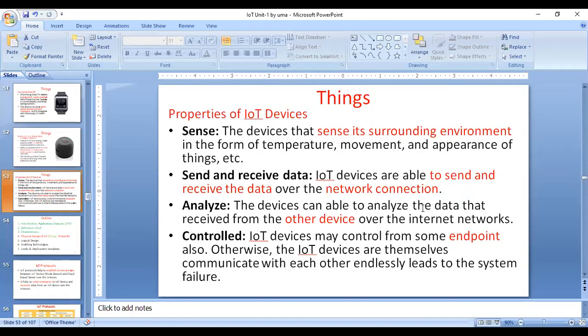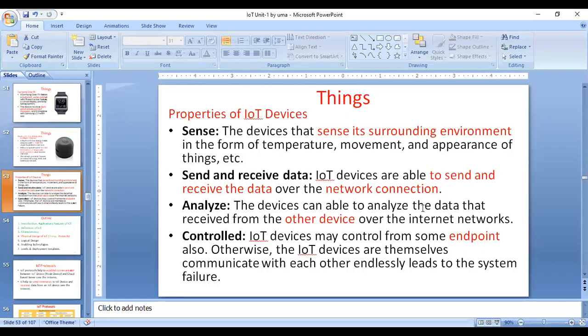Sensing capability means it will get data from the surrounding environment. It will take data from physical parameters like temperature, movement, and appearance of things. It will take that kind of information. Those capabilities are performed by IoT devices.